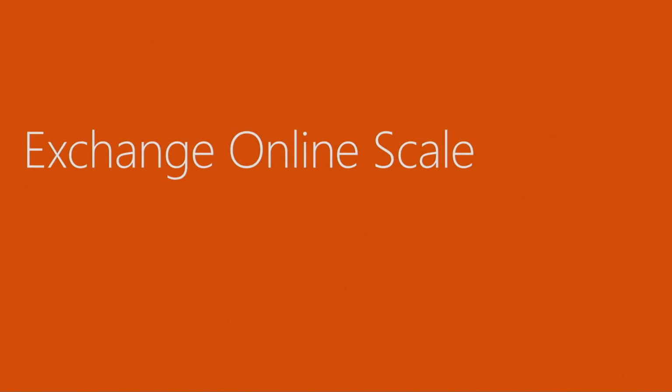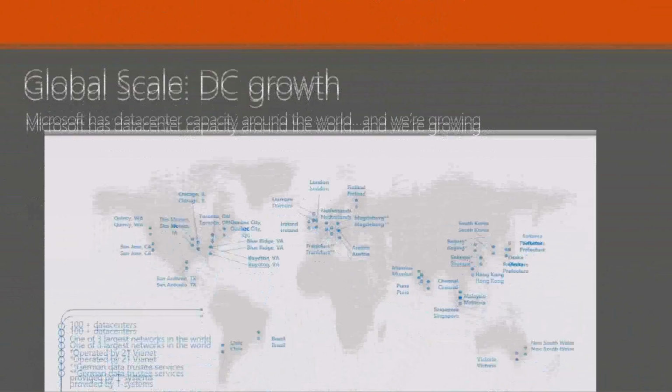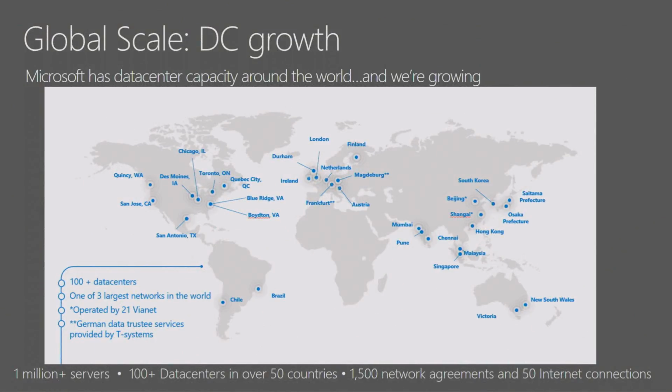Let's talk a little bit about the scale that we're operating at. This is especially important for those of you who may not have seen this talk before, and we'll go into the details a little bit. We have essentially one of the world's largest networks. It is amazing to think that we started from just one data center just a few years ago, with over 100 data centers at this point and growing. In fact, we are accelerating the places in the world where we are putting up a data center.